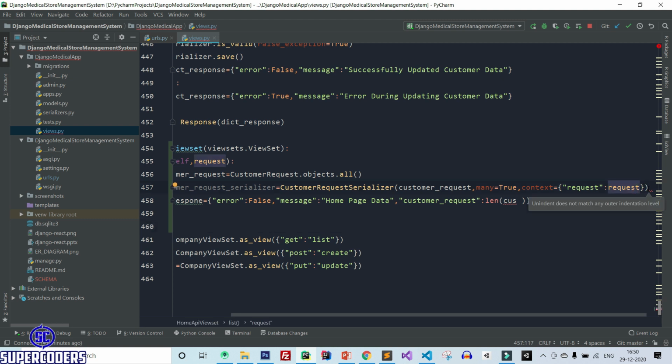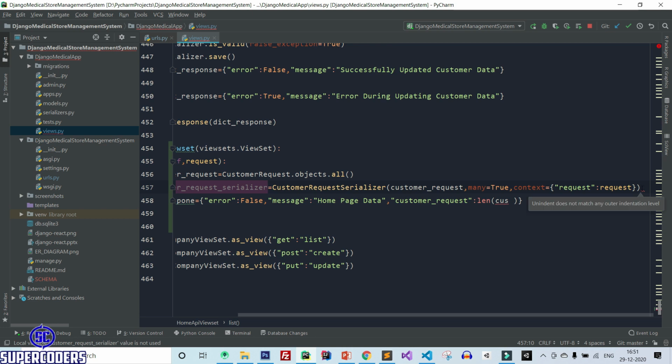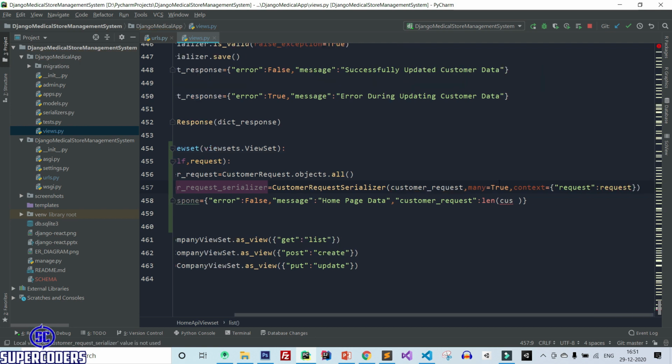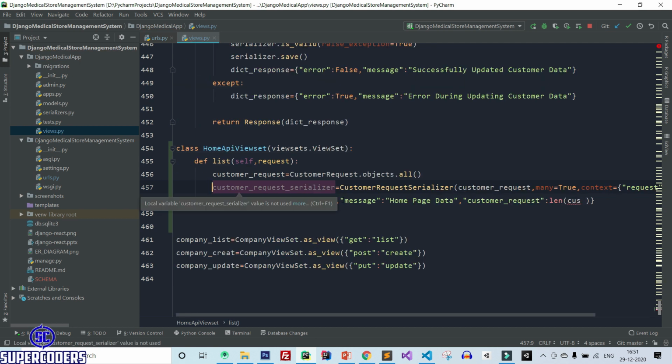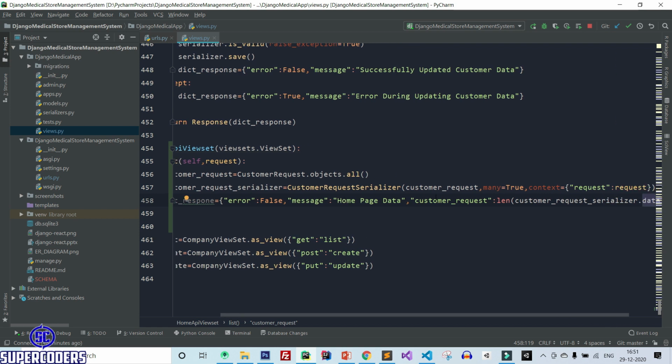Here it is showing an error. Let's see what this error is. Now it is perfect. You can see there is no error in the tab now. After that, customer serializer dot data. Here I'm passing the length of customer request, which is the total number of customer requests.